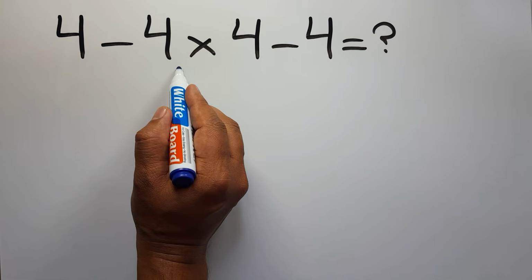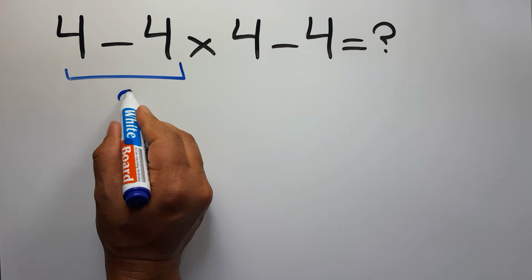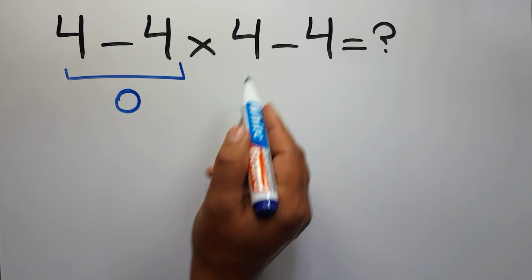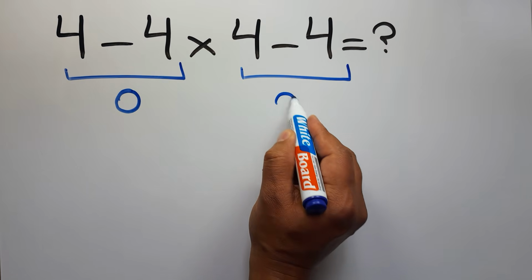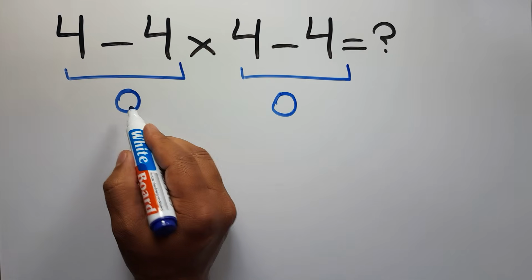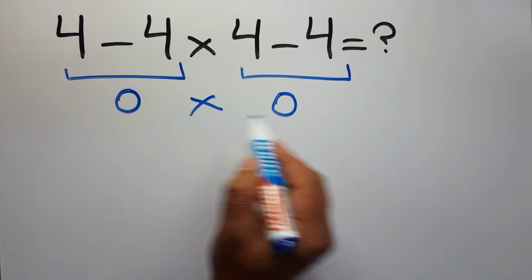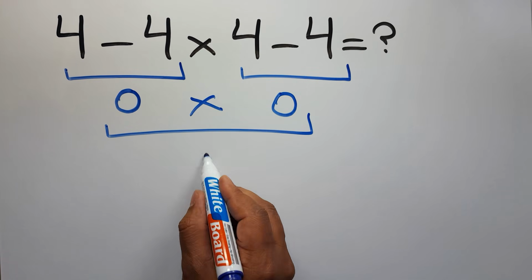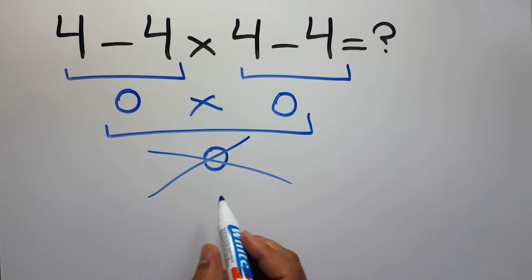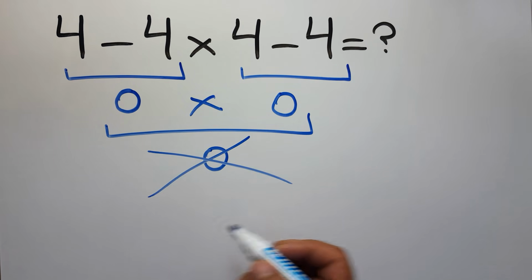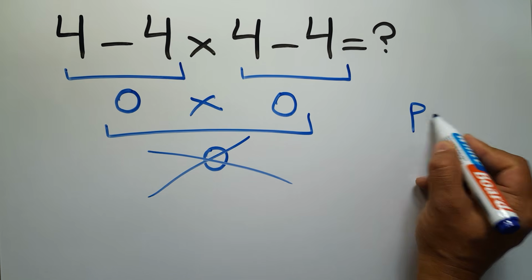4 minus 4 gives us 0. And again here we have 4 minus 4. So 0 times 0 gives us 0. But this answer is not correct because according to the order of operations, which is PEMDAS,